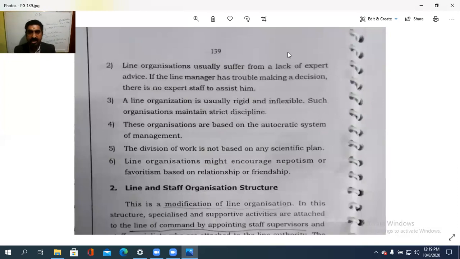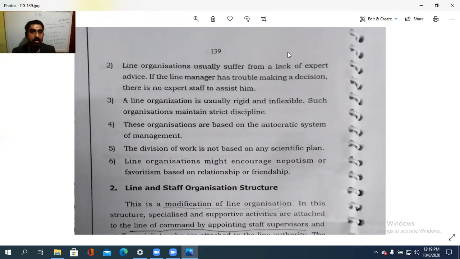If the line manager has trouble making a decision, there is no expert staff to assist him. The top level does not have a clear idea about it either. Whom will he ask? Who will help him? So there is no expert advice to be taken from any other person, because every person is involved in some business or some work. Nobody is free there. Even the top level is busy, and the lower level is also